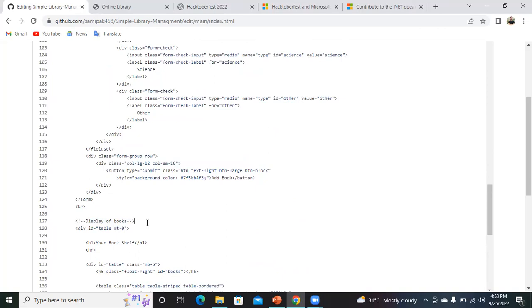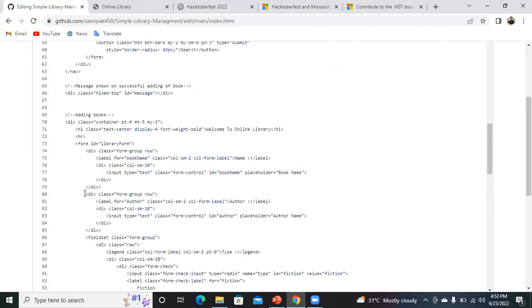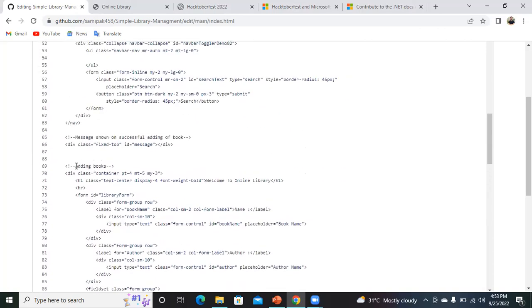I see one minor error here, that I didn't mention that this is a section. So I will simply write "section display of books" and "section of adding books". It will clarify.